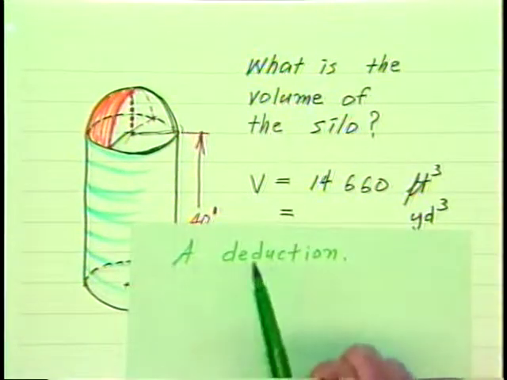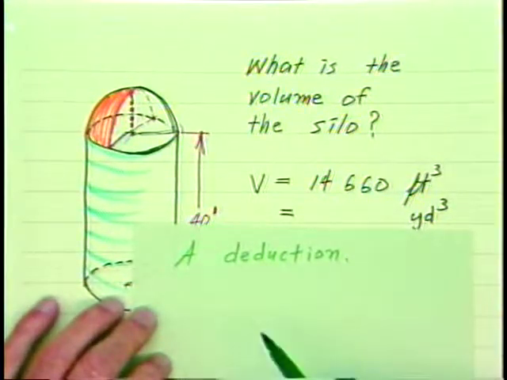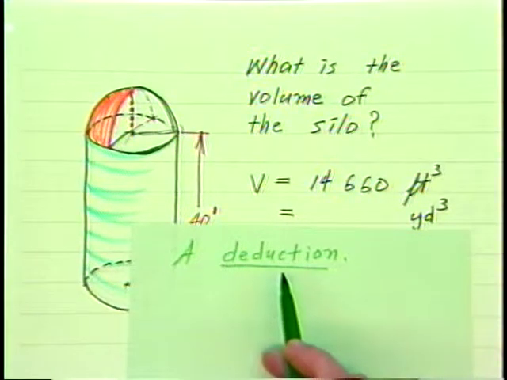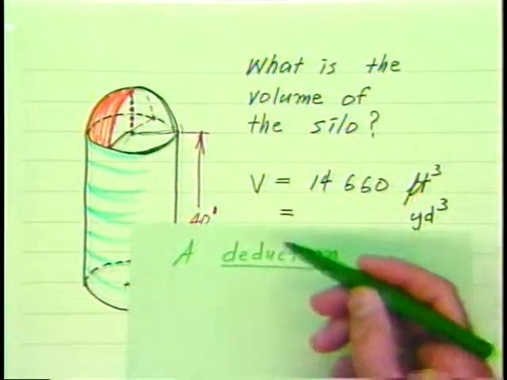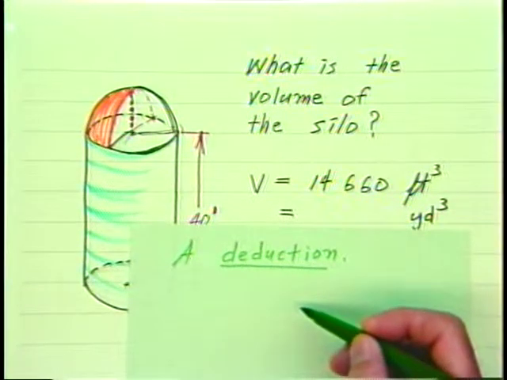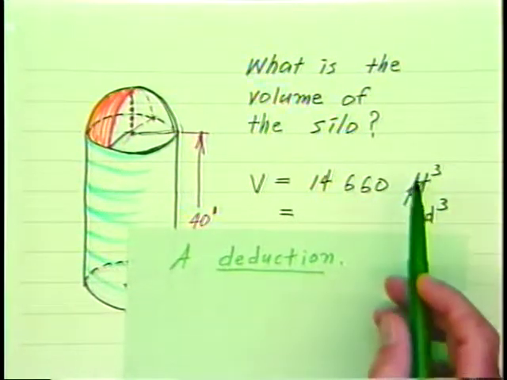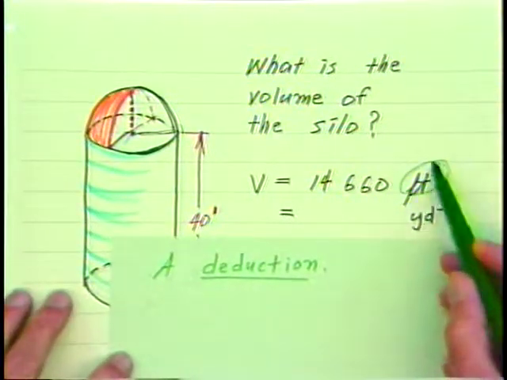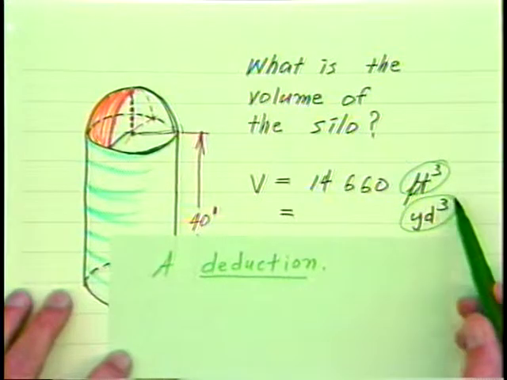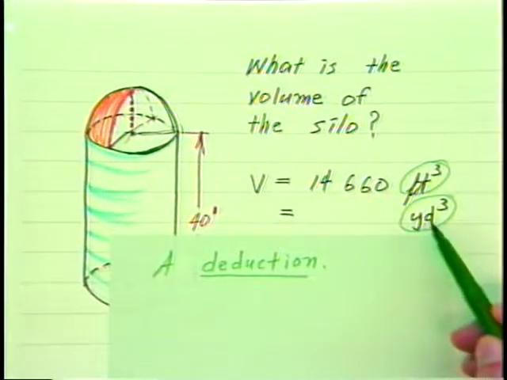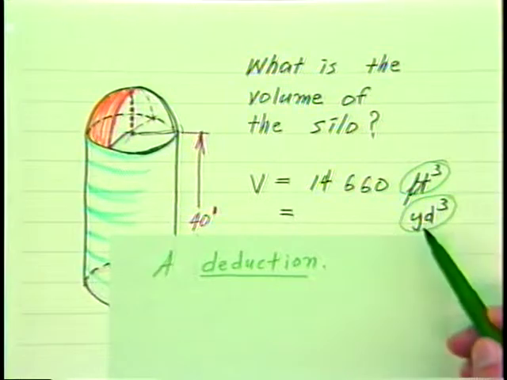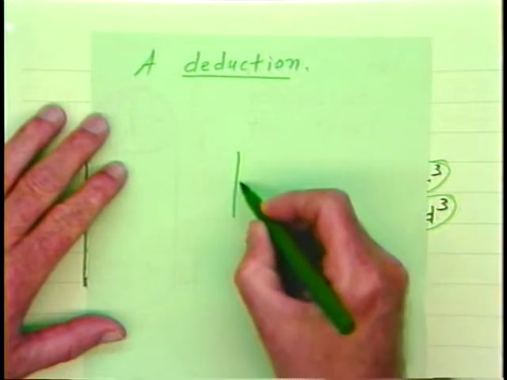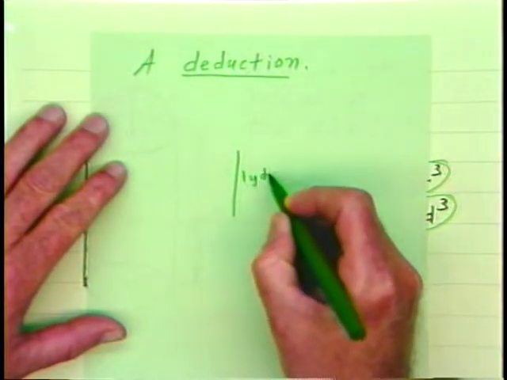So we're going to involve ourselves momentarily in a deduction. That's a good word for you. Simply means start with what you know is true and do to it that which you know is legal and permissible, and get to what you want to know. That is a relationship between cubic feet and cubic yards. Well, let's start with the larger of these two, the yard, and ask what do we mean by cubic yard geometrically? Well, it's simply a cube that is 1 yard deep,